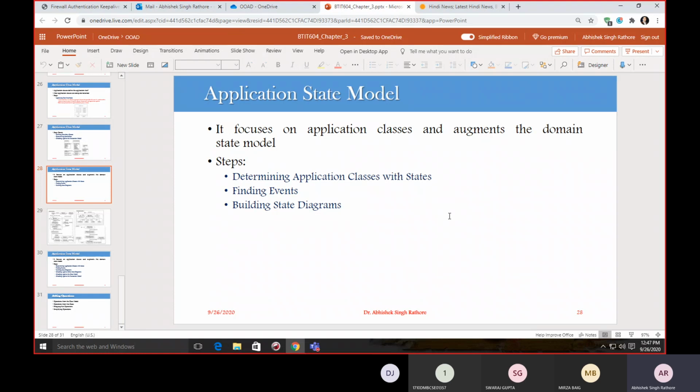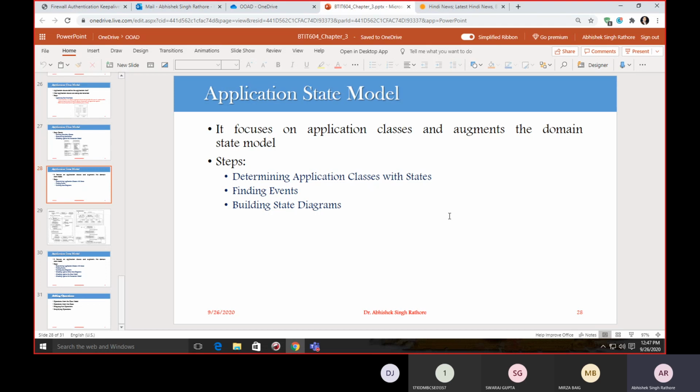So we had identified some classes, like user classes, controller classes, as well as our boundary classes, and our focus is just on the controller classes, because controllers have some important states that can be elaborated easily.